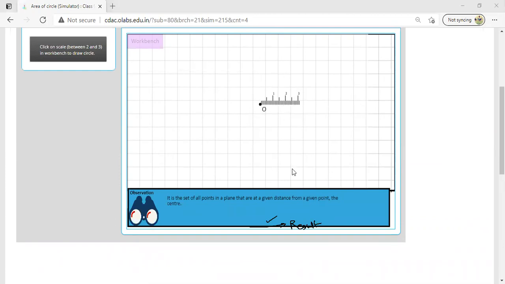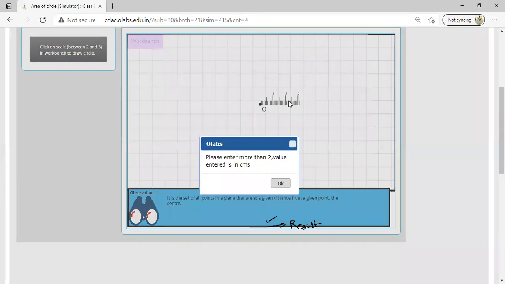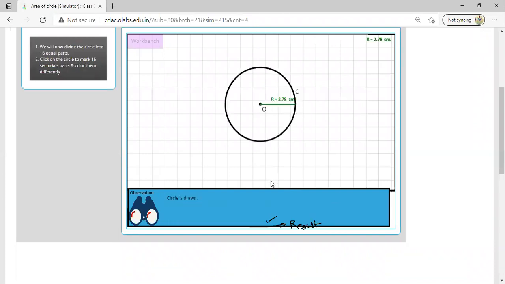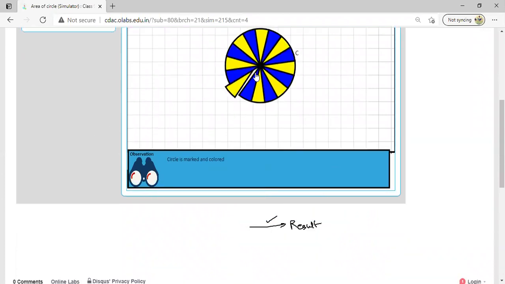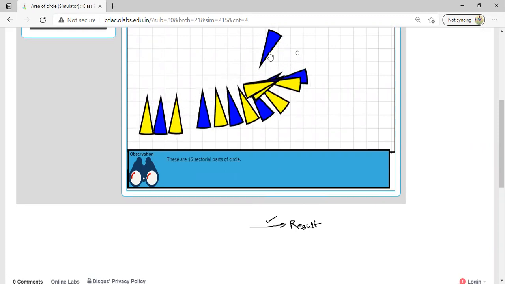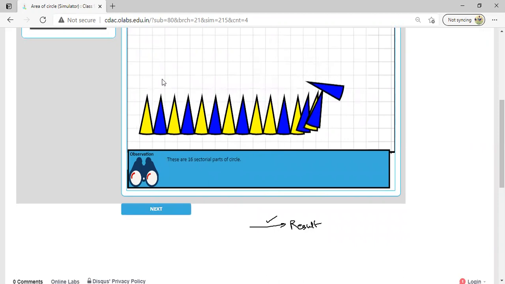Got it? Any doubt? Less than 2 it will not take. If you take less than 2 it will not take. So you can do this in O Labs at home also. You can try in your